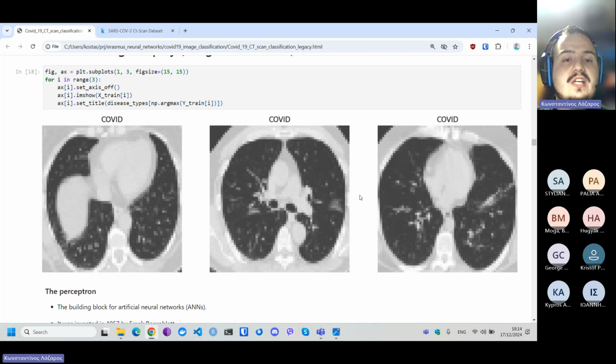It's going to rotate them to a specific number of degrees, either on the right or on the left side. And in some cases, it can even change the color space, for example, going from RGB to HSV or whatever. And the reason why we do this is because we want to supply our neural network with many different instances